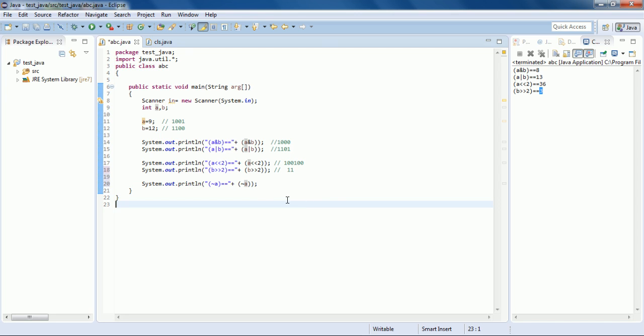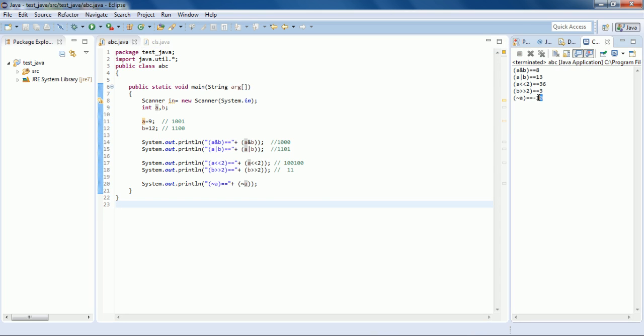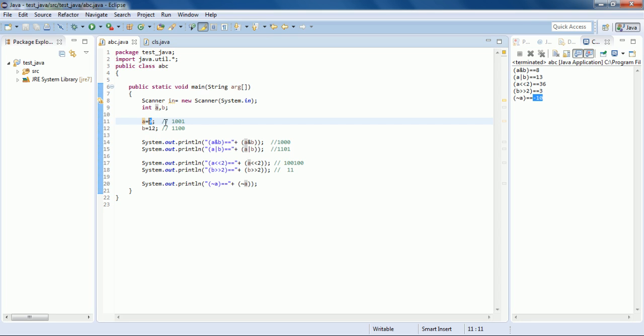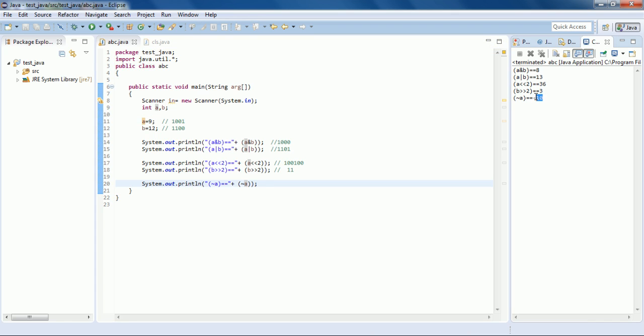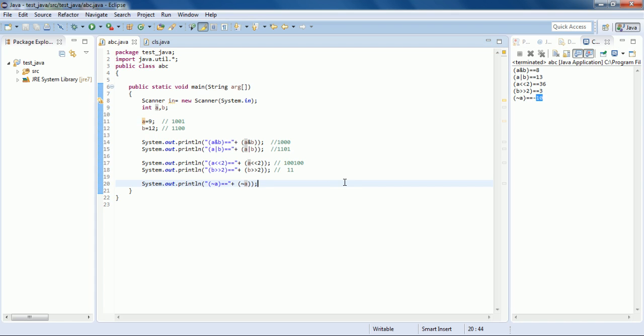Now it says -10 for the value of 9. So let's check the value of -10 in binary. The value of 10 is 1010, and for the minus it will put a